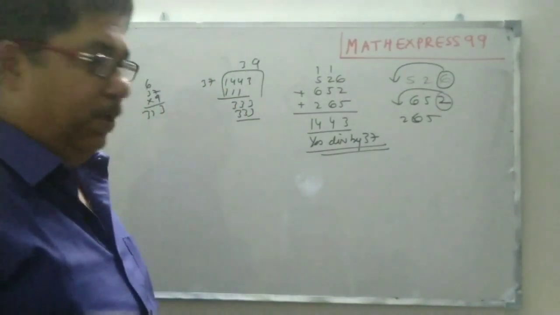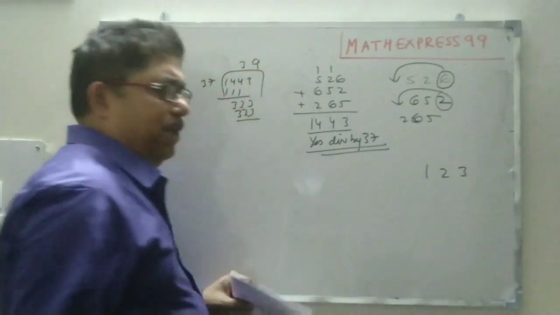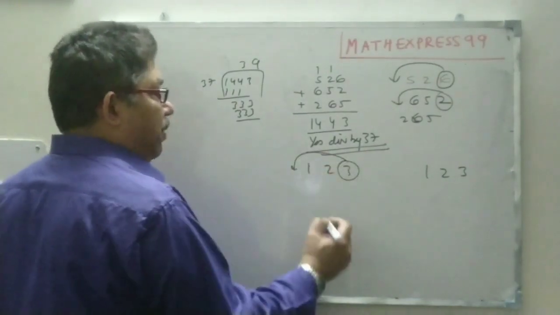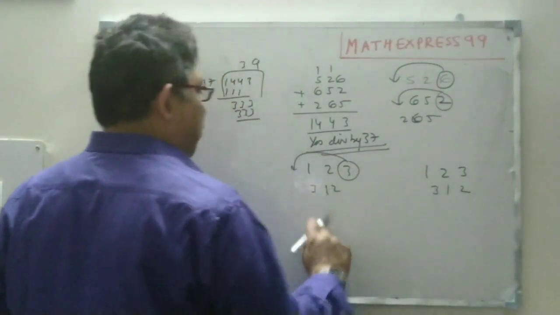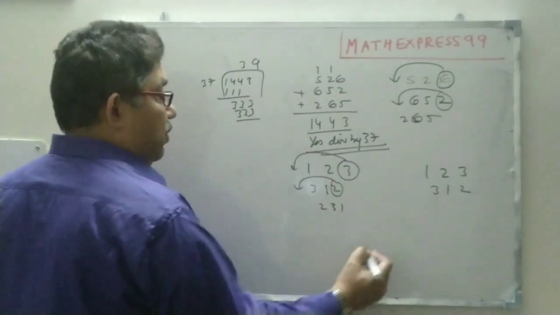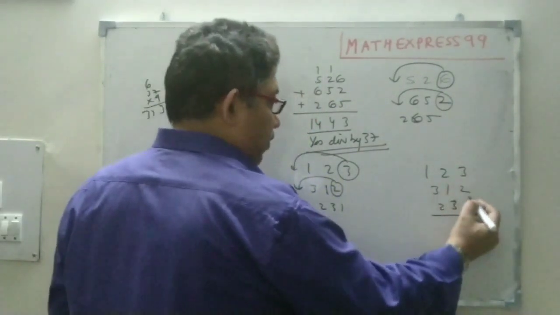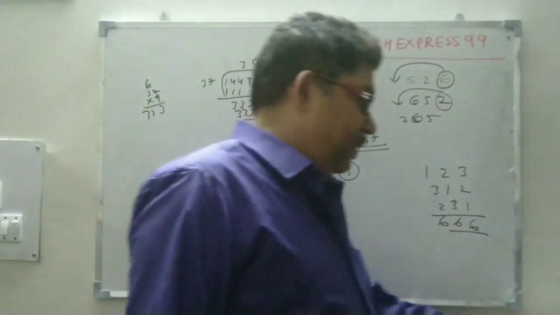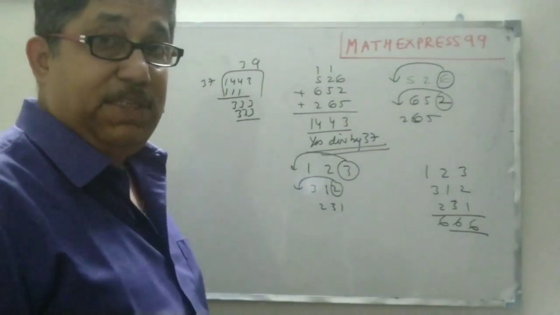So we will remember this thing. Let us take one more case which will make our point a little stronger. Suppose I have the number, say 1, 2, 3, a very basic number I have taken. So what should I do? I should bring this 3 here. It will become 3, 1, 2. Now I should bring this 2 here. It will become 2, 3, 1. Let me add these numbers. 3 and 2, 5 and 1, 6, 6 and 6. So I get 666. Now my objective is to check whether 666 is divisible by 37 or not.